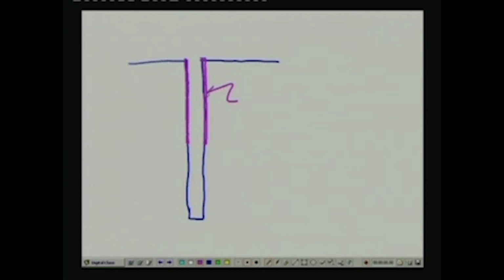So, this particular metal pipe is called the casing,